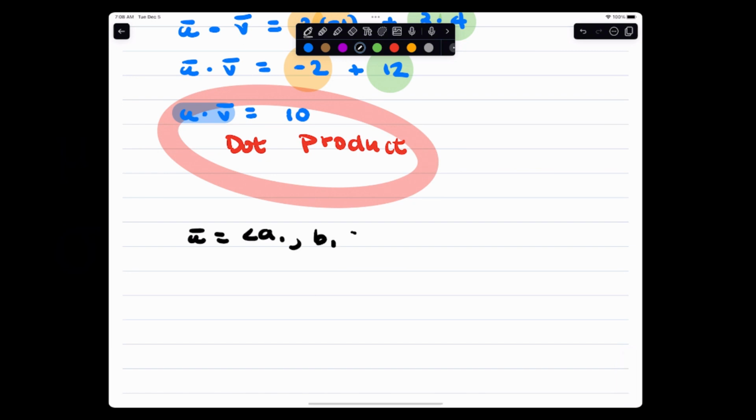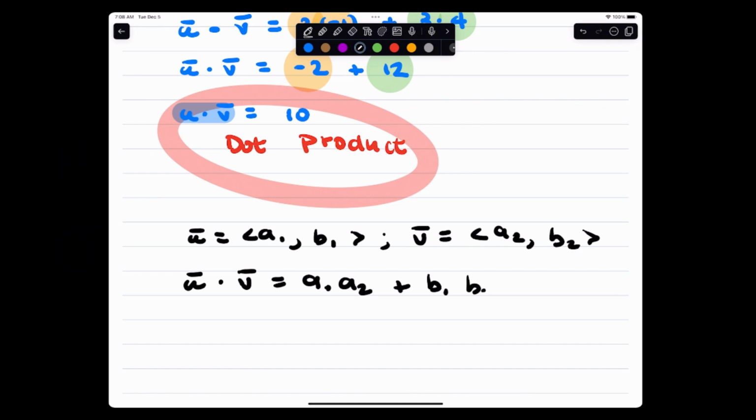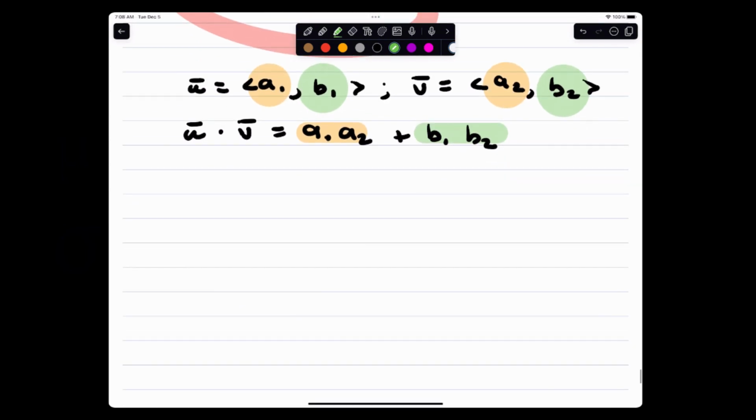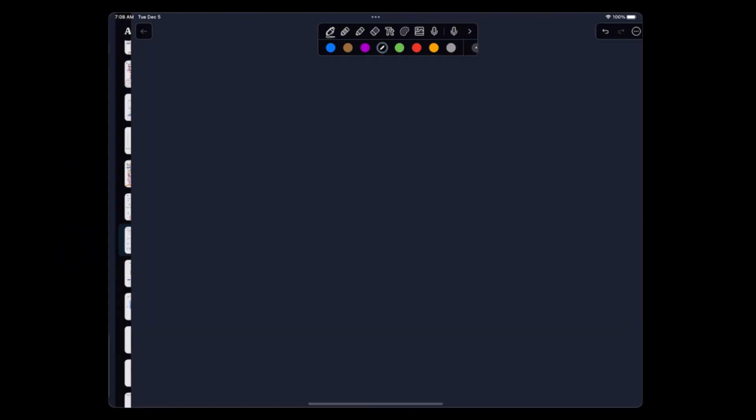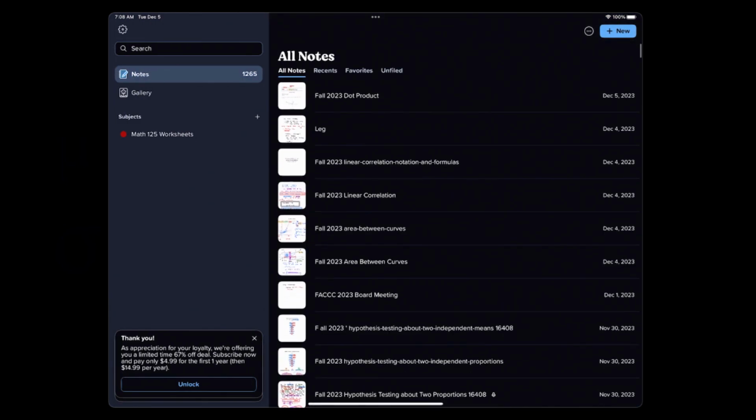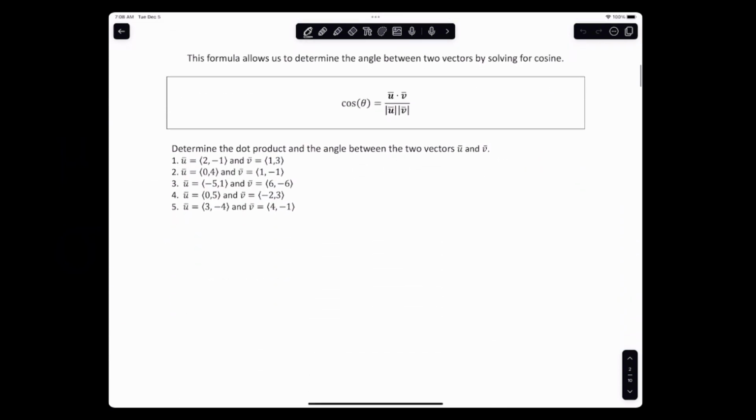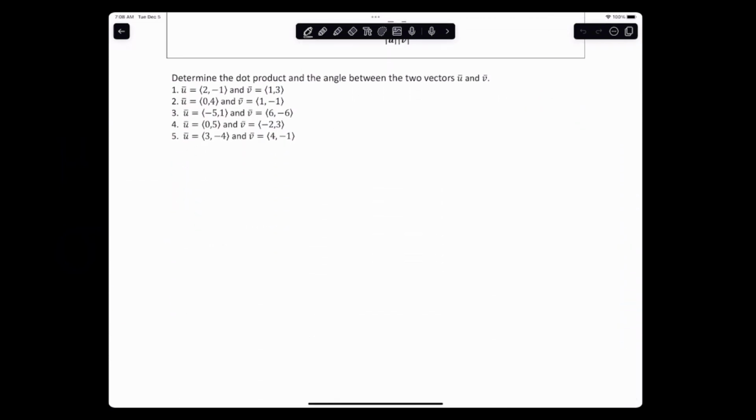Here's A1, B1. Vector V is going to be what? A2, B2. U dot V becomes what? A1, A2 plus B1, B2. So I'm going to share this with colors here. And go through the dot product. So if I ask you guys here now, let me do something here. All right. I'm going to get the dot product here for these vectors here. So I'm going to try to get some